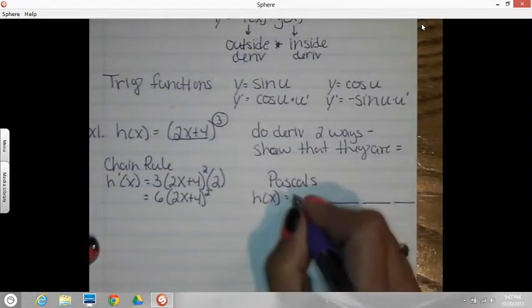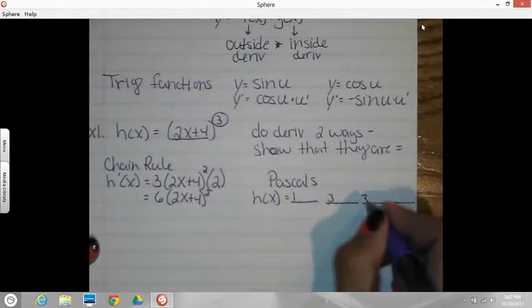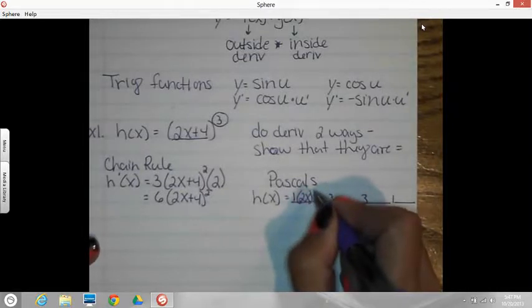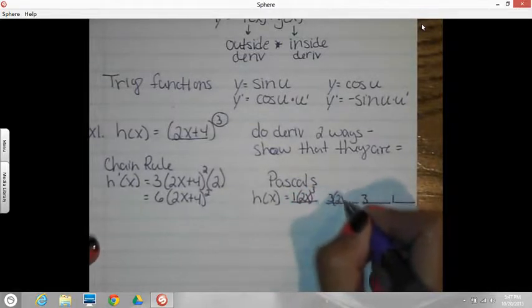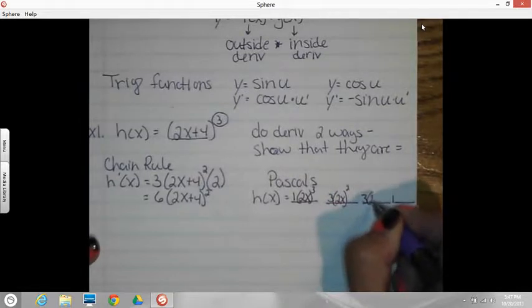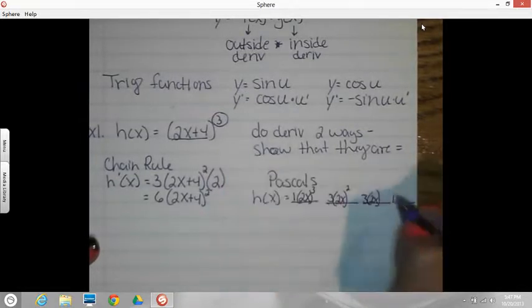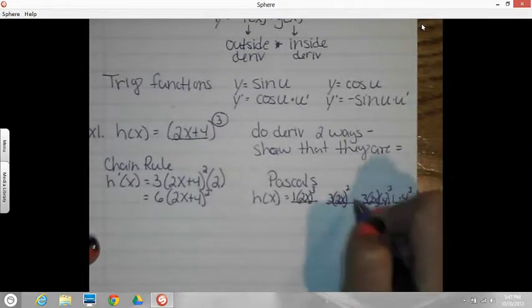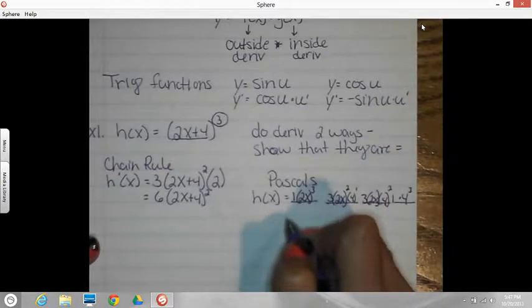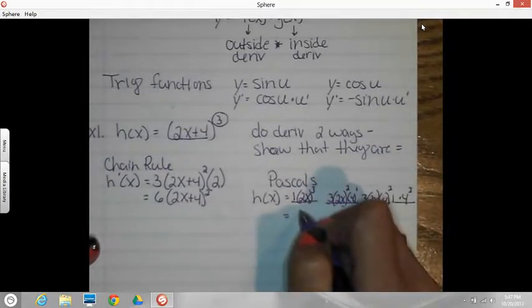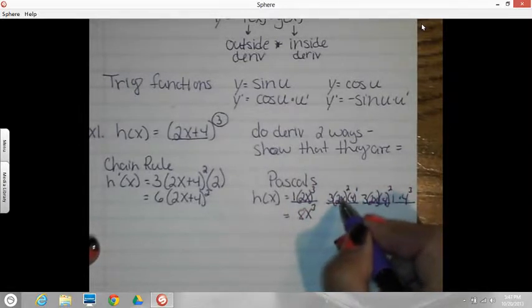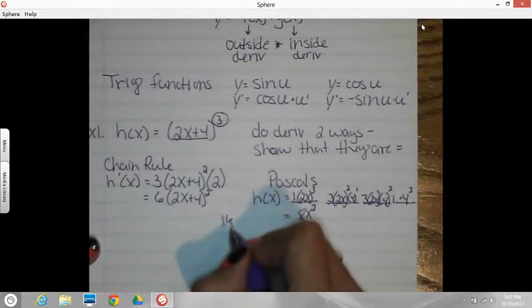The multipliers on that row are 1, 3, 3, 1. We've got a 2x that needs to be cubed, squared, and then to the first power. Then we've got a 4 cubed, squared, first power. So h is 2 cubed is 8x cubed. Here we're going to have 4 times 4 is 16 times 3, 48